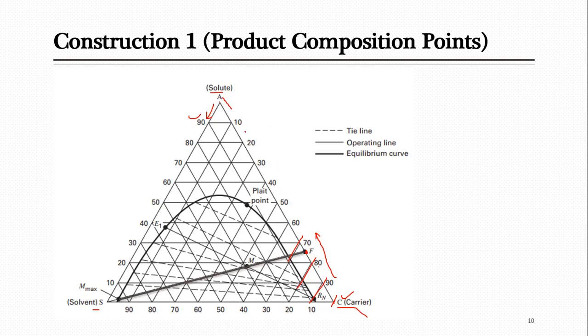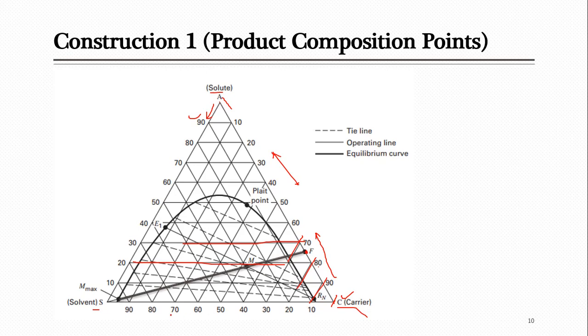And you remember that this is the binary edge in which the binary components exist, only the solute and the carrier will exist on this. So overall when one is 76%, the other will definitely make the sum 100%, so it will be 24% solute. We can verify it because on this side, this is a line of 20 for the solute, and then there is 30, so in between them there is 24. So this point of the feed will be located there.